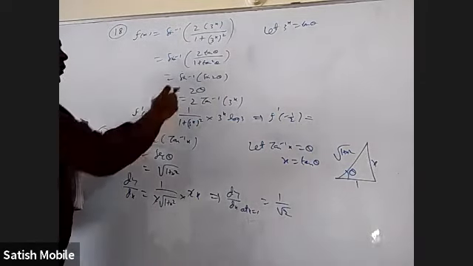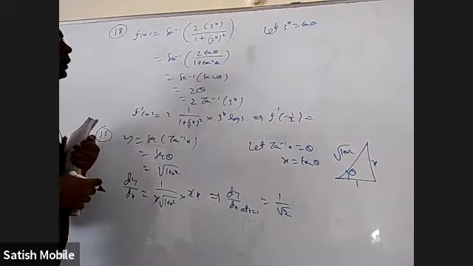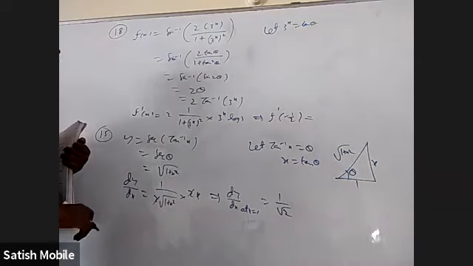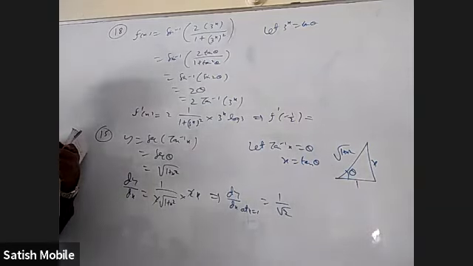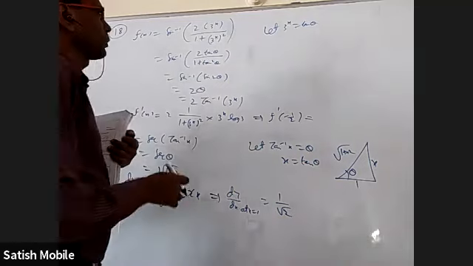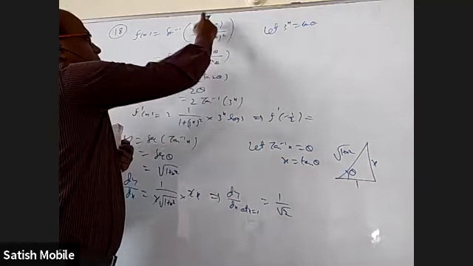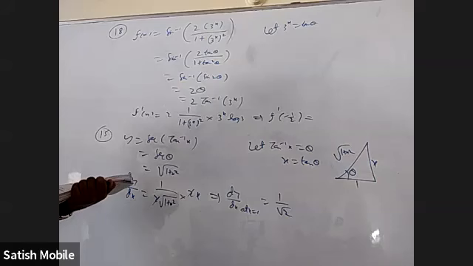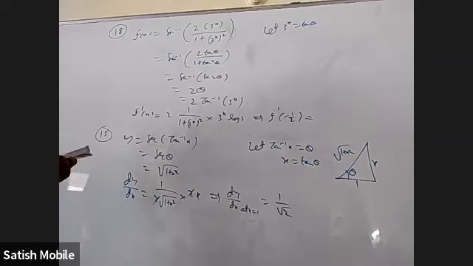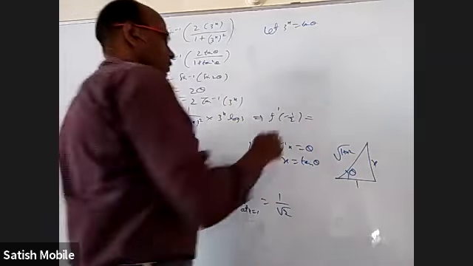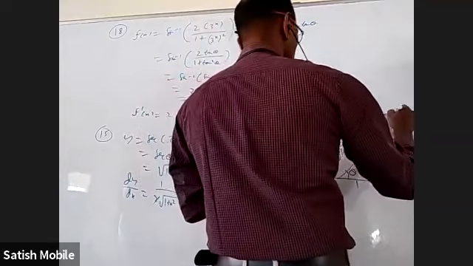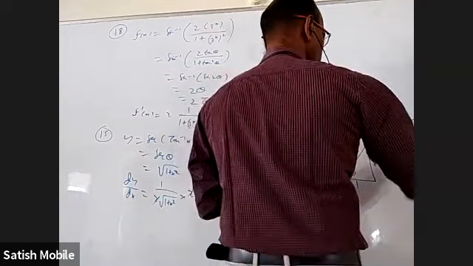Of course, whether the formula is this or not, once again we have to check. Sin inverse sin 2 theta is not always 2 theta. There are cases. It can be pi minus 2 theta also. So it all depends on whether this 3 power x is between minus 1 to 1, then absolutely no problem. Is it between minus 1 to 1? At minus 1 by 2, what is the value? 1 by root 3. It is between minus 1 to 1. Then it's okay. So when I put this, 2 into 1 by 1 plus 3 power minus half whole square into 3 power minus half log 3.